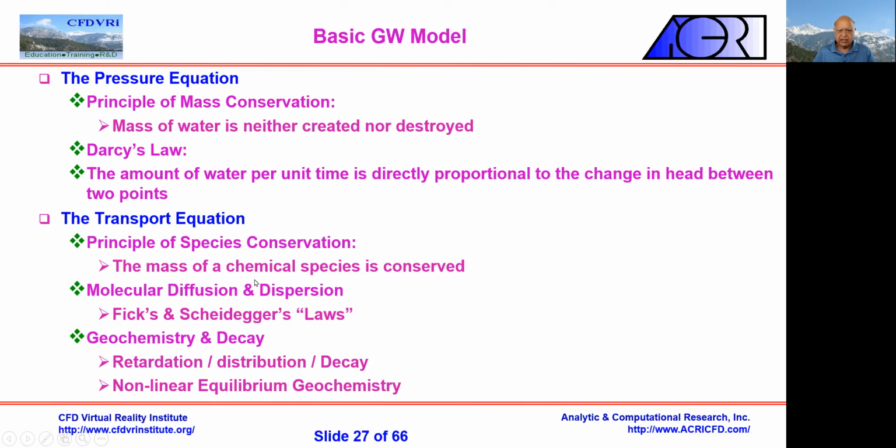So the transport equations then we have for species conservation, which have to account for molecular diffusion and dispersion. In groundwater terminology, dispersion is basically what we would call turbulence. Of course, in the ground, water is at a very slow speed. The typical Reynolds number is less than 10, so you can't really have turbulence. But you have a very similar, much more complex process called dispersion. We'll come to that. We'll talk a little bit about that.